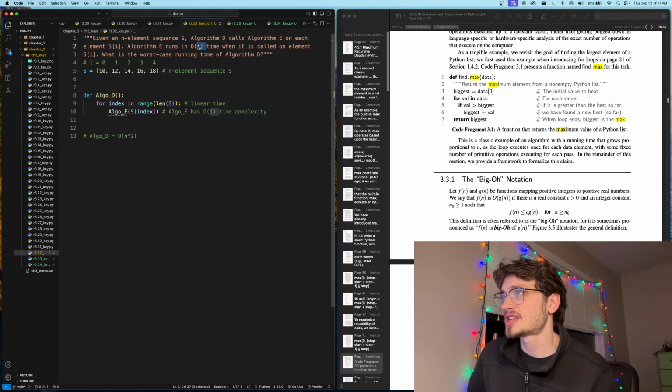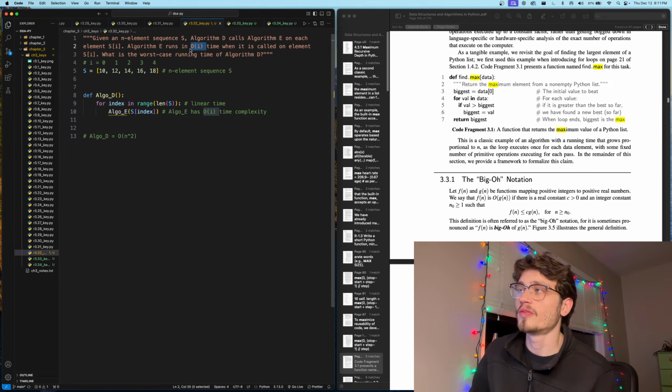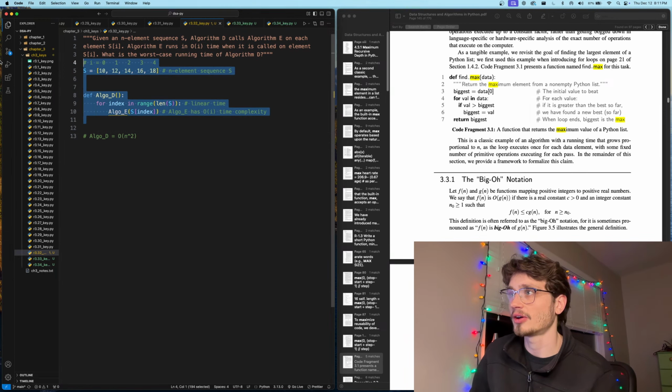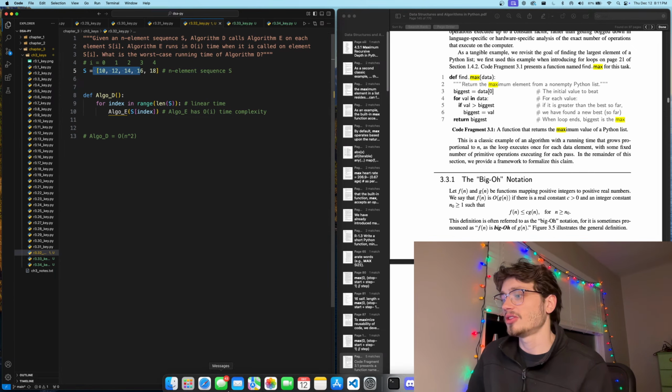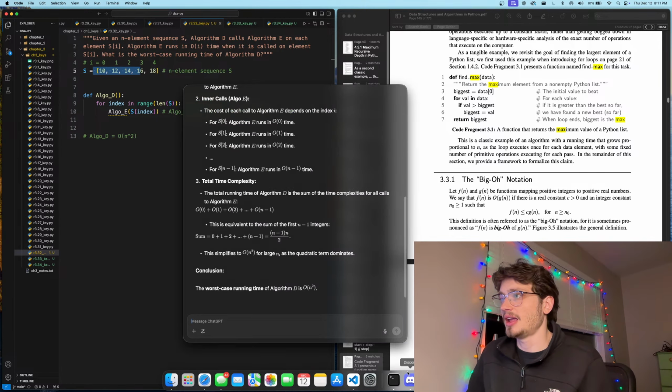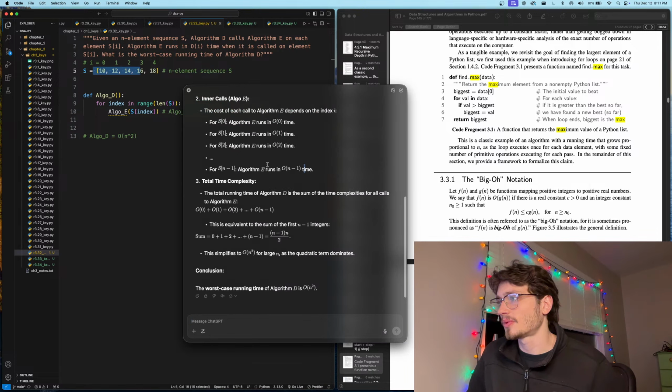If this had just an O of 1 time complexity, then we'd have O of n for the total algo D. But because this has O of I time complexity, we are indexing, and actually indexing itself is a constant operation, but it looks like it when we are within a for loop here,